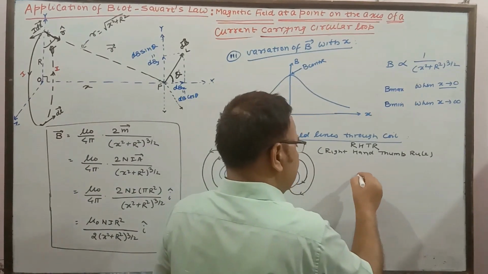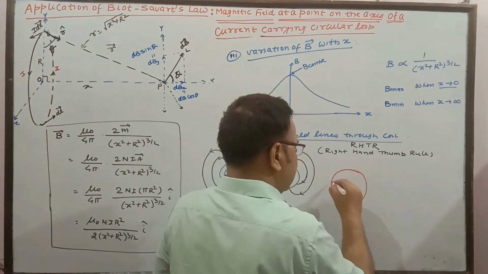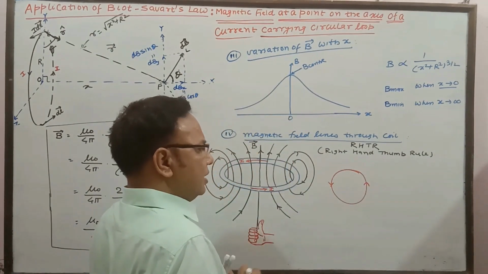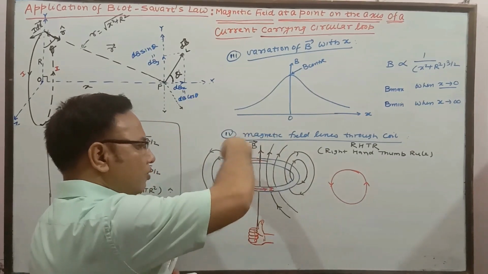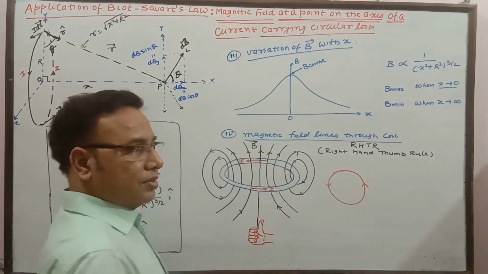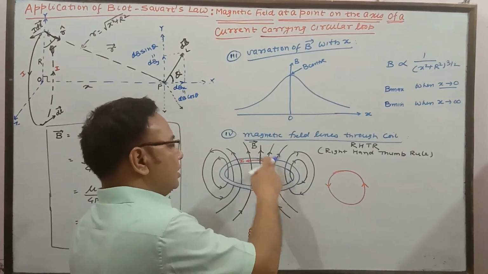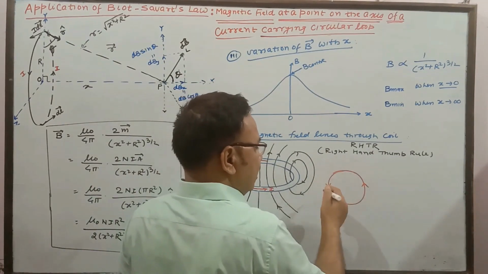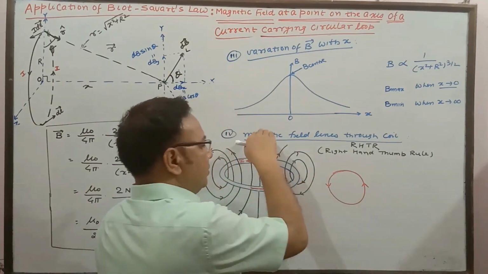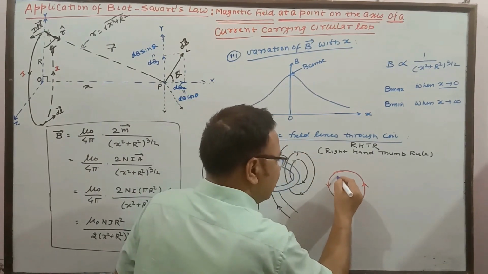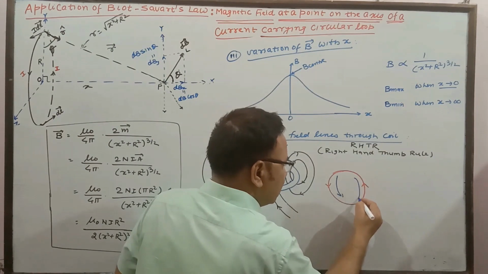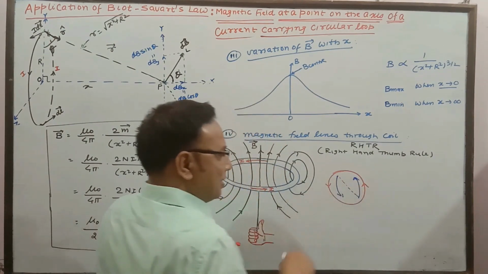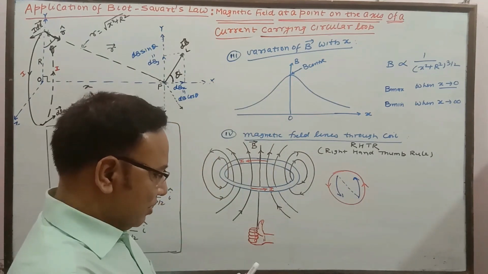So if the current is, suppose, anti-clockwise, then this side can be seen as north pole. Just see, this is anti-clockwise current, the field is coming out. This is anti-clockwise direction of current and the field lines are coming out, so this is behaving like north pole. It can be seen somewhat like this. This is the direction of current. If we join these two, it can be treated like N. So this is nothing but north pole. You can visualize it like this.